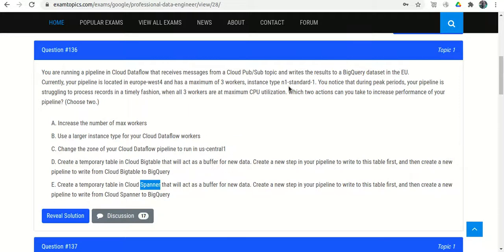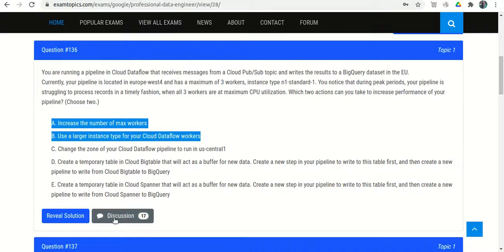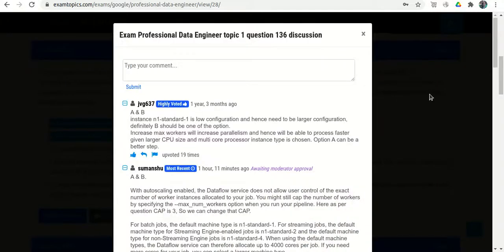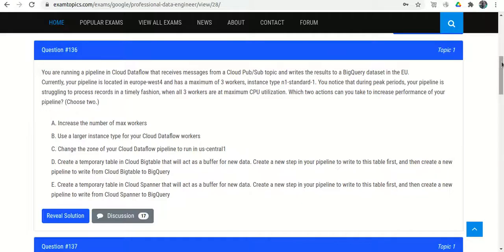We need to increase the processing, because our CPU is maximally utilized. If we write the records into Spanner, it doesn't mean the performance of the CPU will increase. No. So option A and option B look perfectly okay.